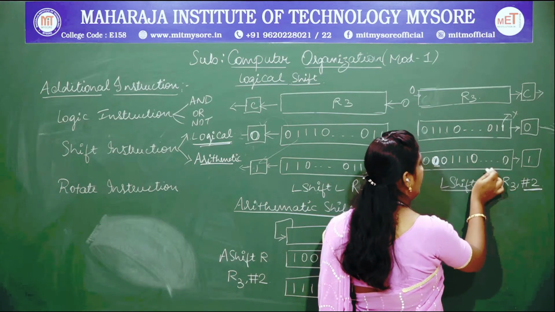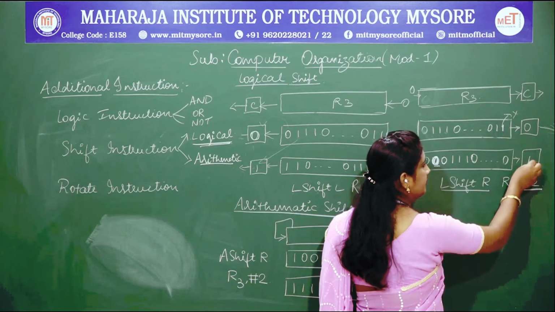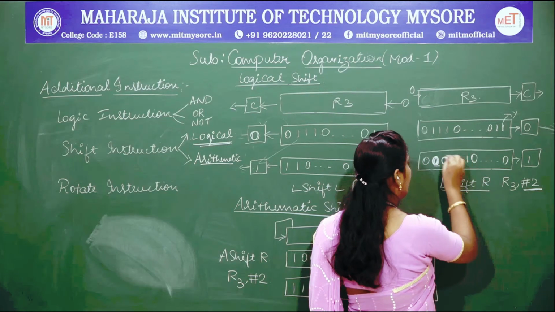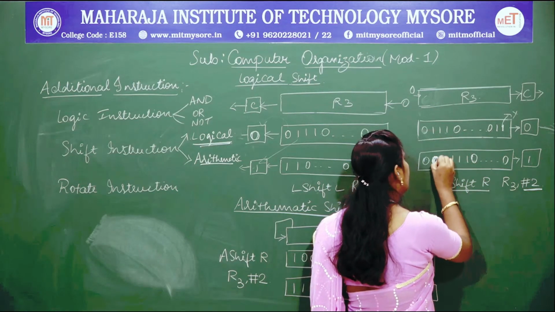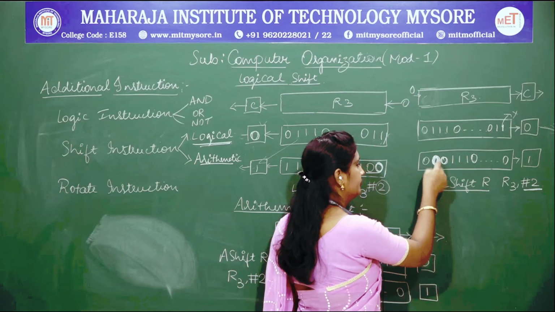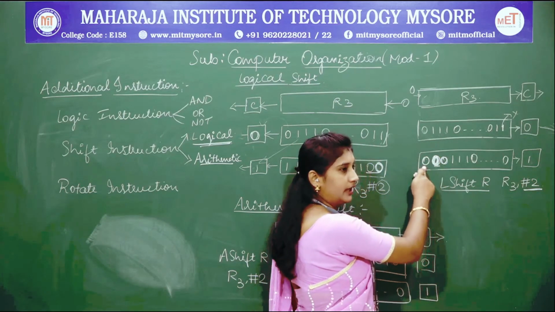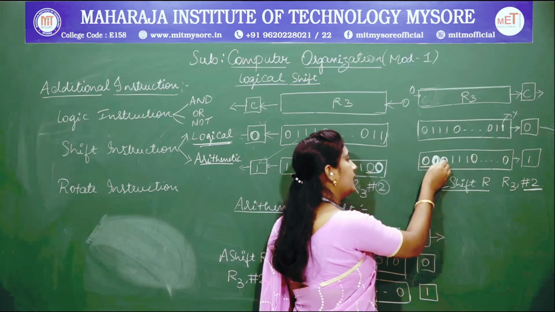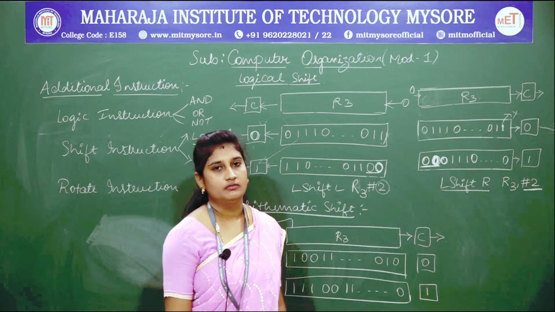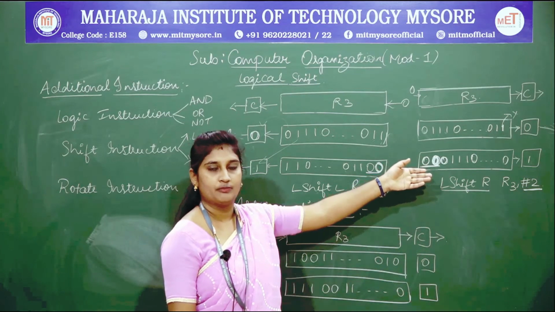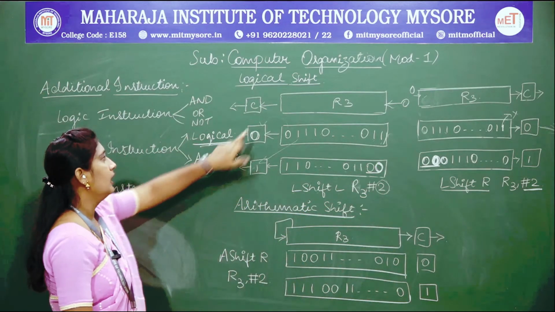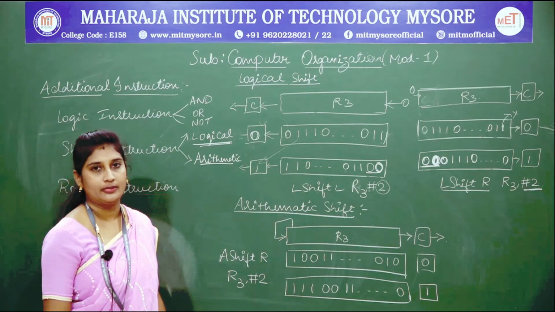Again I shifted all the operand. In the second shift again 1 comes here, then 0 and 0, 1, 1, 1, 0. In the first shift I got an empty bit position, so I filled it with a 0. In the second shift I got another empty bit position, so again I filled it with a 0, giving 2 zeros towards the left of my encoded instruction. Fine. This is how logical shift left and logical shift right operate.